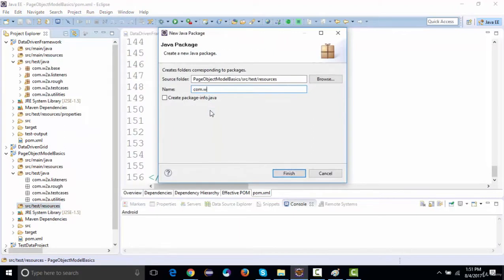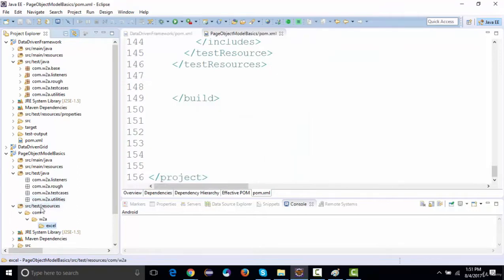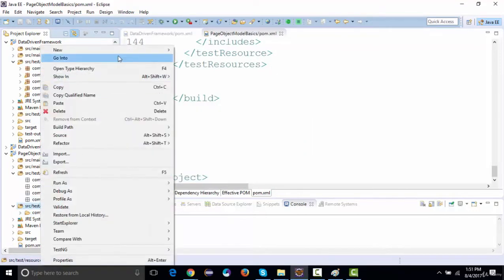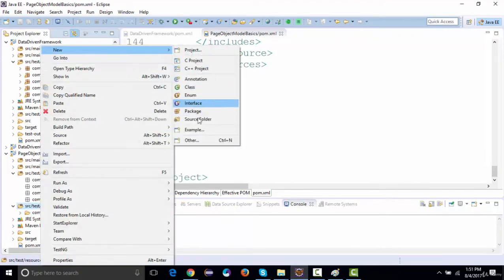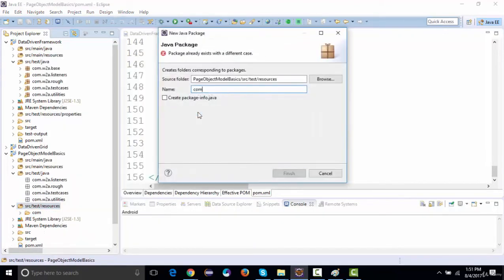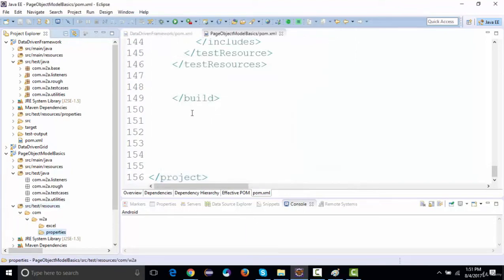So the package will be com.w2a.excel for the Excel sheet, right? Then we can add a resource package com.w2a, and the resource would be properties, right? We'll be taking properties,